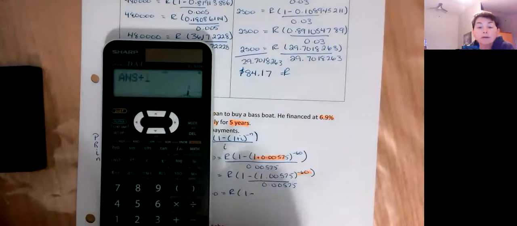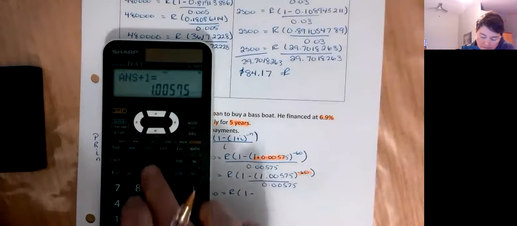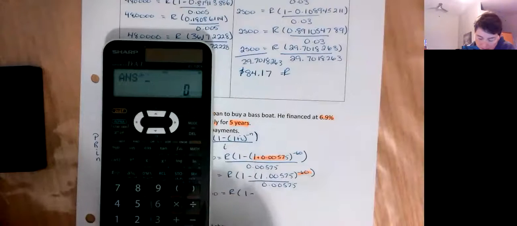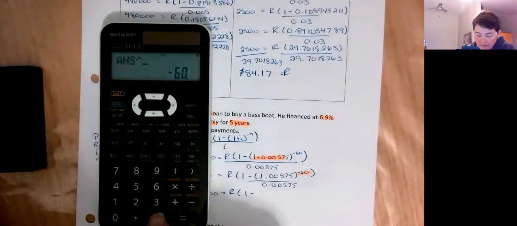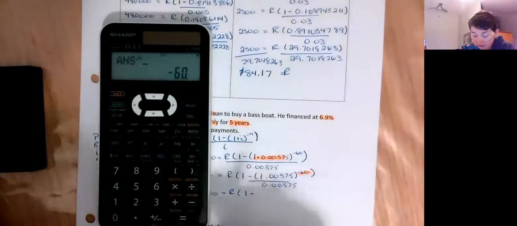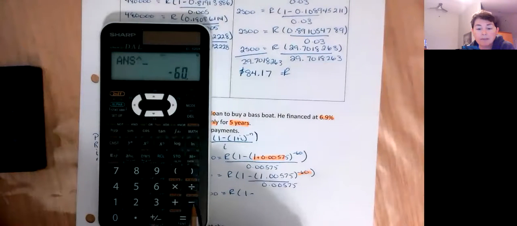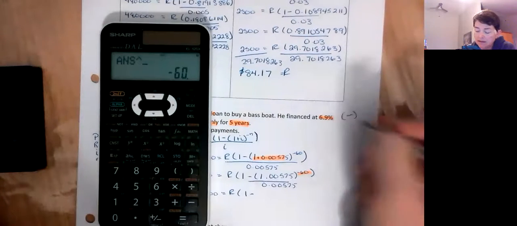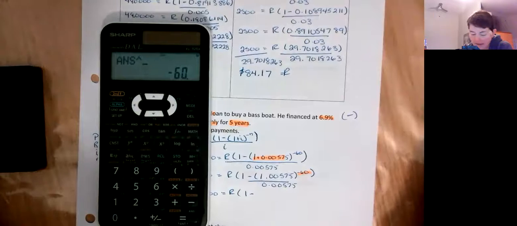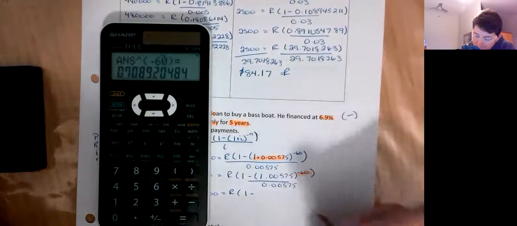I have 1. Boom, there we are. And exponent minus 60. On my calculator, I have to hit the minus first and then 60. Might be slightly different on yours. Probably not the negative key. You should have one that looks like this, or it might look like this on some calculators. Anyway, equals